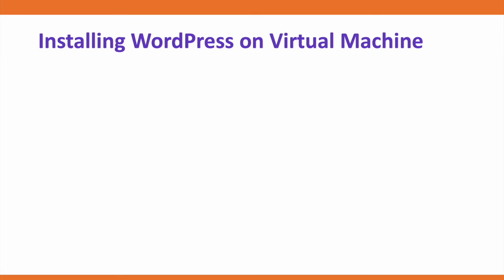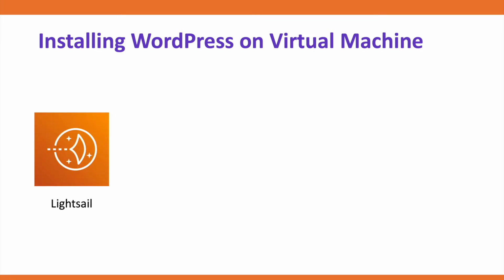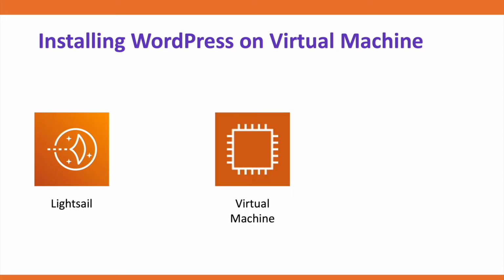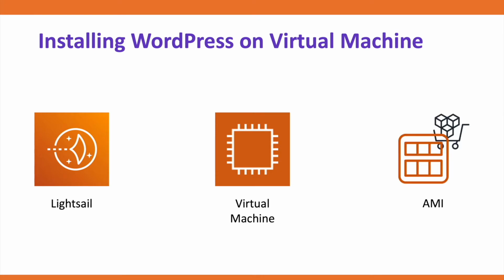There are three options that we could use to deploy WordPress on a virtual machine. The first one is Amazon Lightsail, which allows you to quickly launch a WordPress site on a virtual machine. It is sufficient for the basic architecture. The second one is a more customizable, resizable, manageable option, Amazon EC2. It is best suited for any complex or advanced architecture. We can manually configure software packages, or WordPress in this example. And the last one is to look for an AMI in the AWS Marketplace. There are many vendors with images for one-click deployment or ready-to-run WordPress instances.